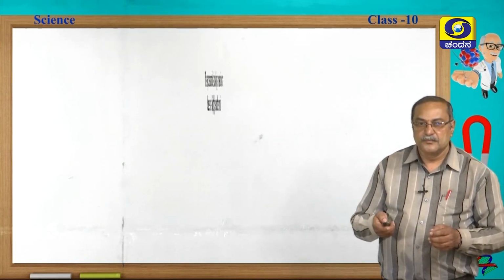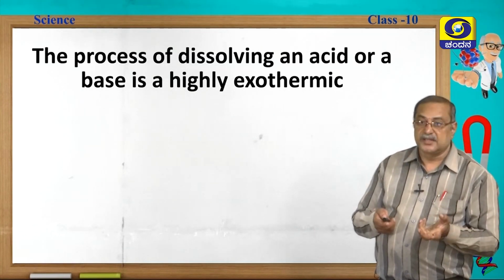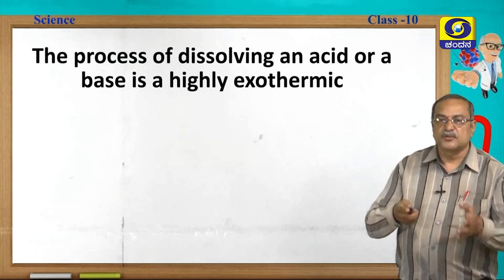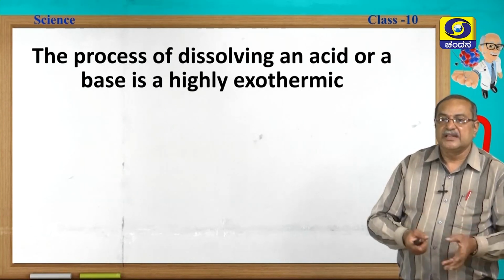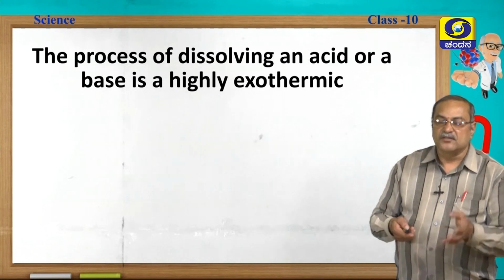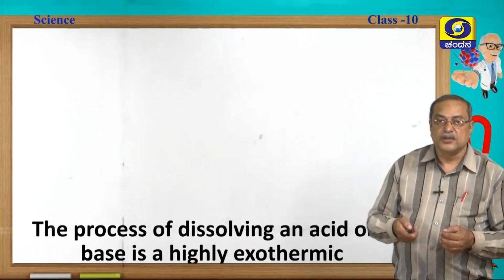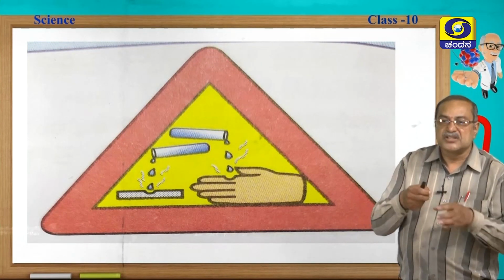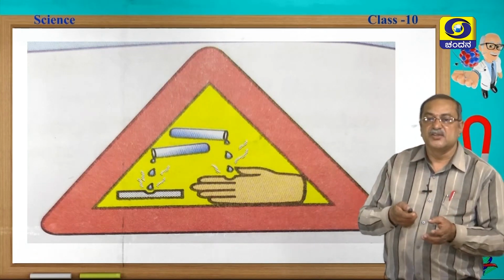Clear? Now, we will see that the process of dissolving an acid or a base is a highly exothermic reaction. When we add acids and bases to water, they produce a tremendous amount of heat. If you pour water directly onto the acid or base, it will bump out immediately, as a large amount of heat energy is released, and it can cause damage to our body. That is why there is a procedure to follow for mixing. While diluting, we have to add acid drop by drop to the water, with continuous stirring. This is the dilution process.